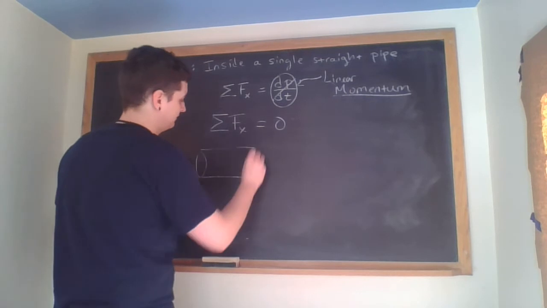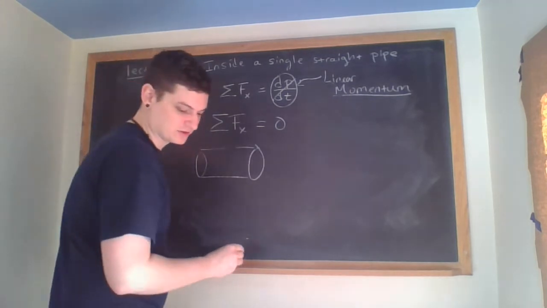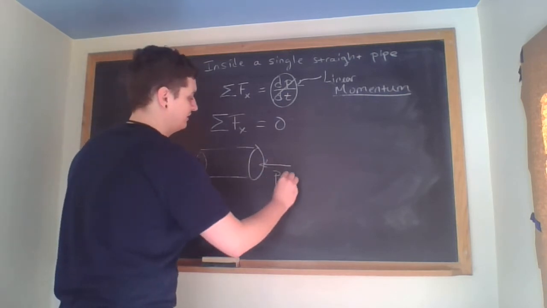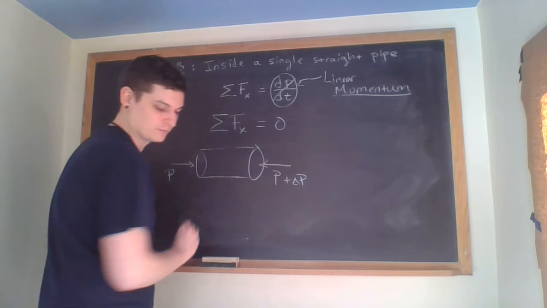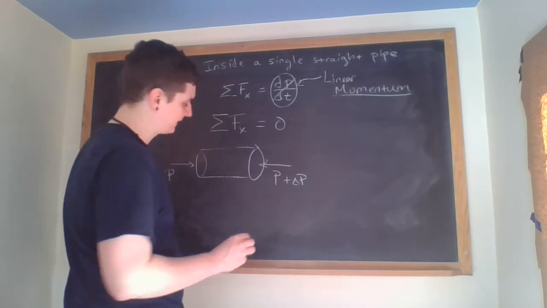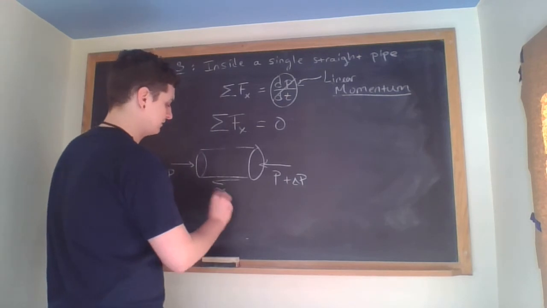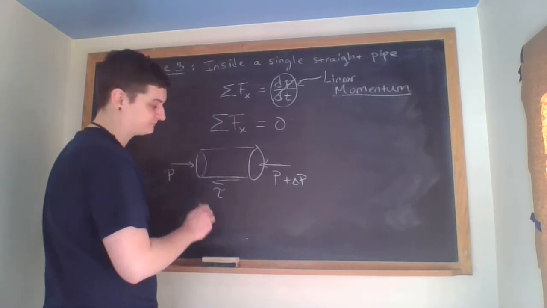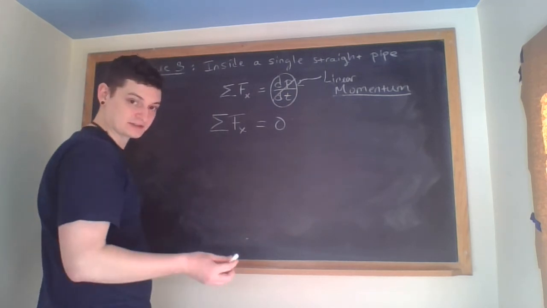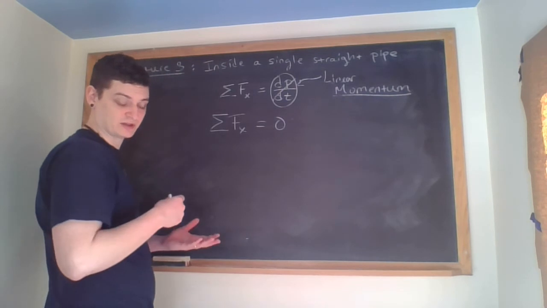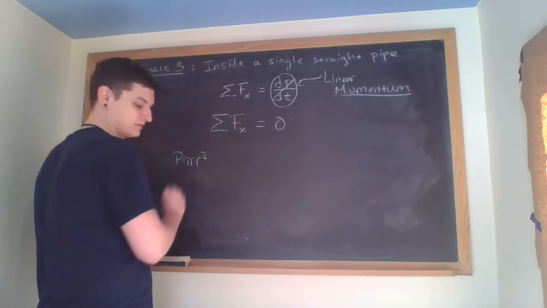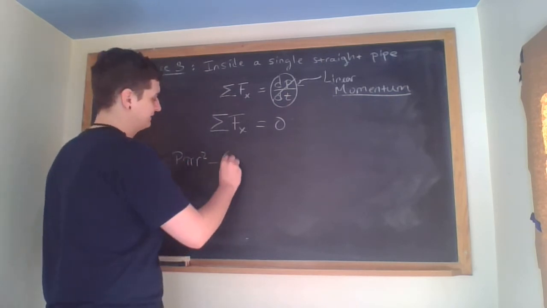So let's remember what the control volume that we drew. I had a P, then plus a P, and then I had my shear force. Okay. So let's add forces. The way we add forces is we take pressures and we multiply them by areas. So count them up. Right? You have this minus